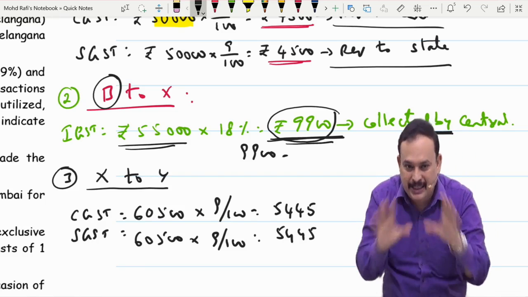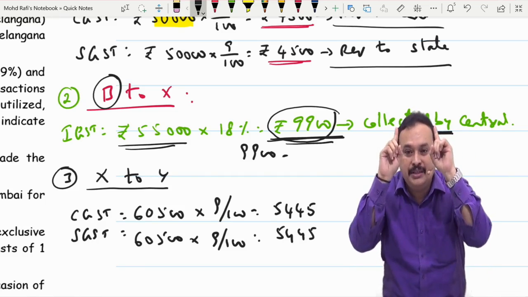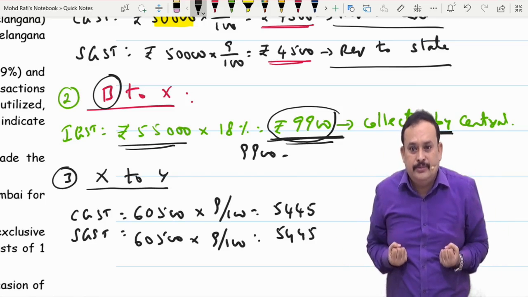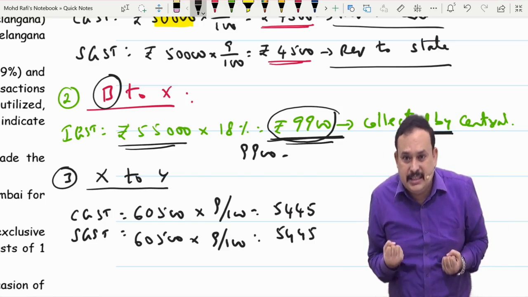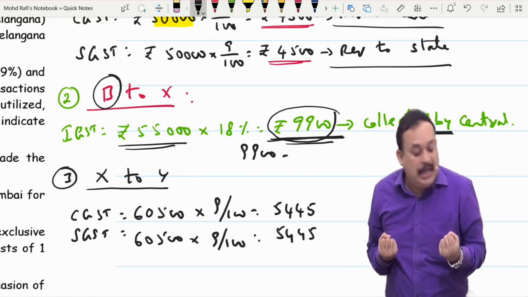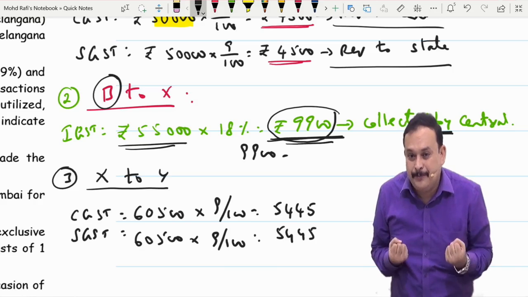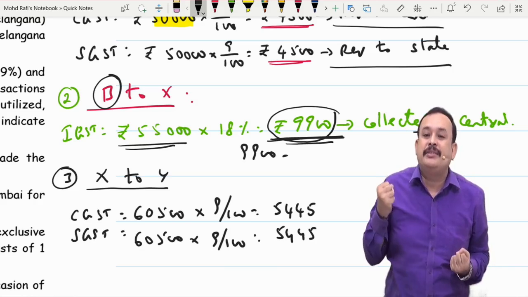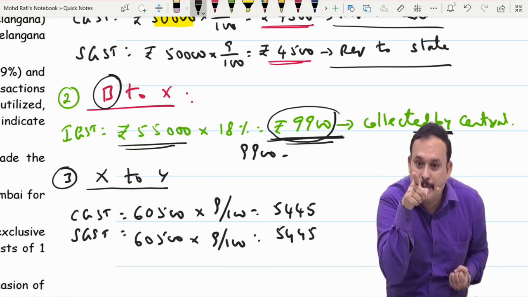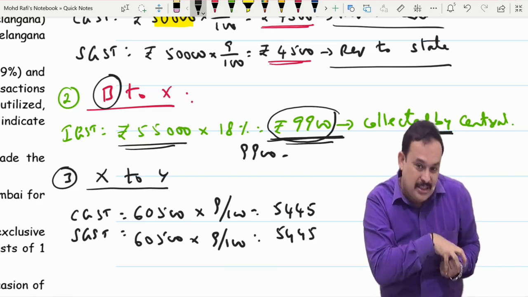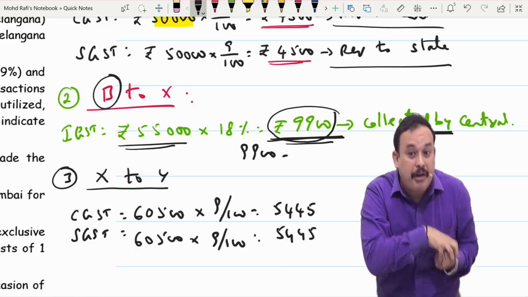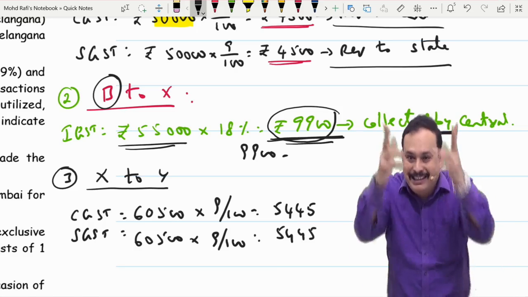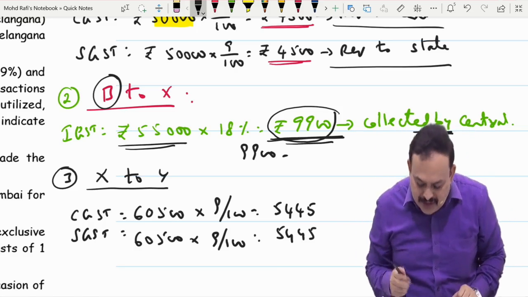Is that clear? Repeating again, I have liability to pay IGST only. I have two credits only. One credit is CGST, the other credit is SGST. Among the two, which one should I take first? CGST, Central Goods and Services Tax, to adjust against IGST. If IGST liability is still there, at that time I can use SGST credit or UTGST credit to adjust against IGST, in that order. So, the first I will say that here